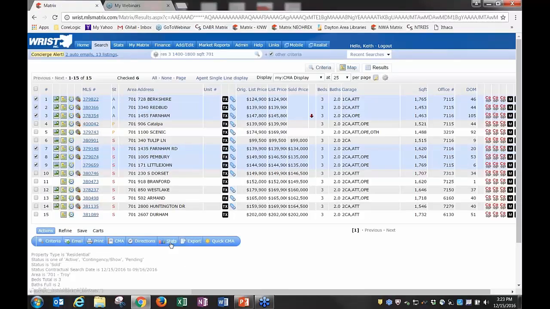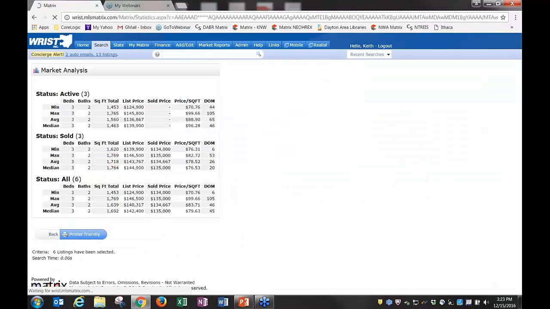There is also, like I said, the stats button. If I click on the stats and I click on tabular, it also does kind of the same thing as that previous page did. It's a little cleaner, I guess you could say. It breaks down the three active listings and the three solds, and then it tallies up all 6 of them combined here. And once again, I could print this out and use that as a page that I add into my